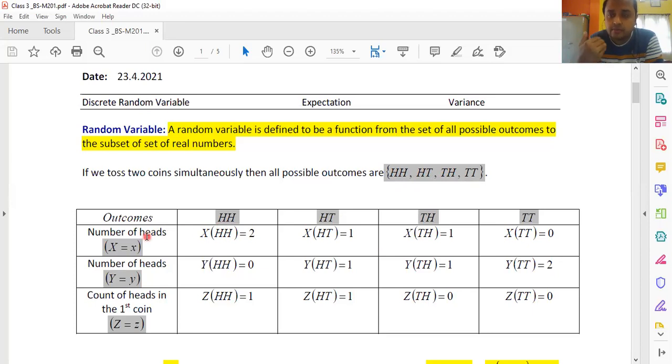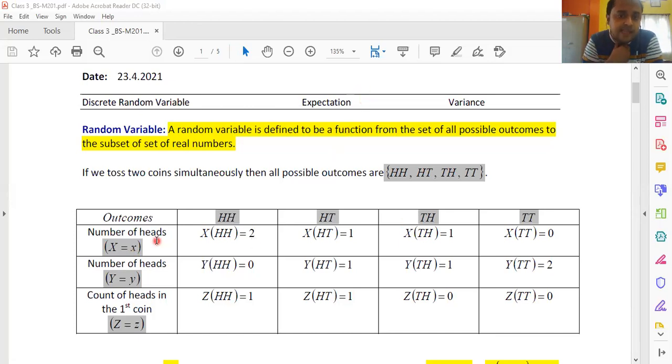Now, if I want to count the number of heads obtained in each of these outcomes, and let me denote this count of number of heads by capital X, then capital X can take several possible values. Let us denote those values by small x. So capital X is the mother variable which can take different values at different points of time, and those values are small x. Okay, listen to me very carefully. What are the possible values of x?